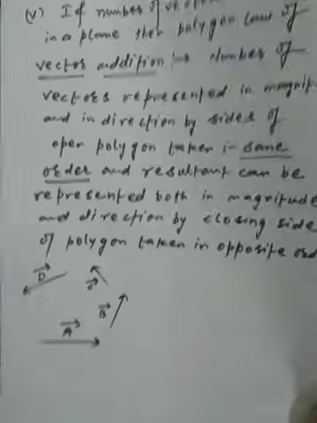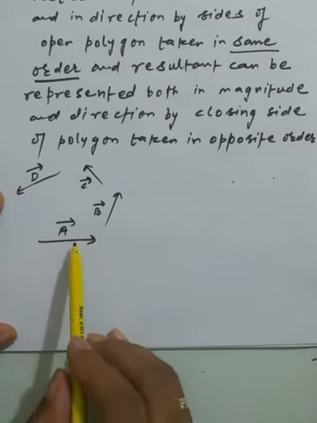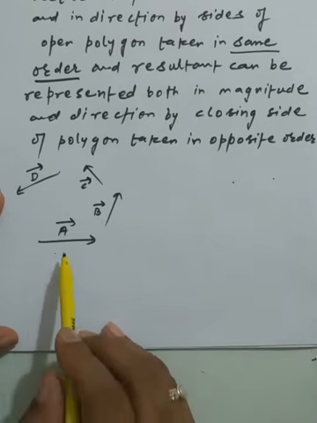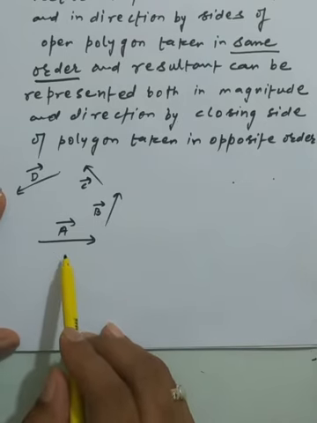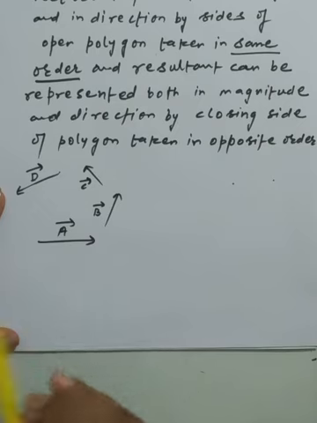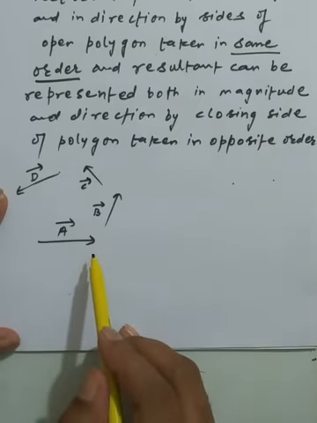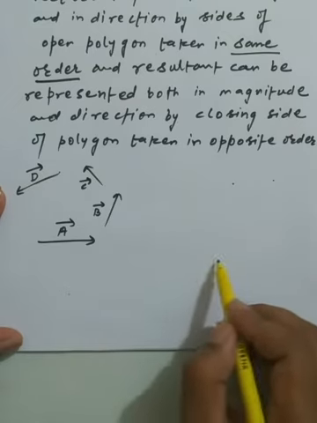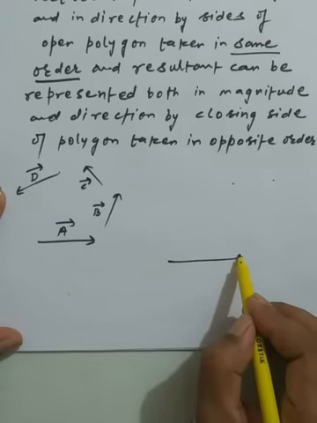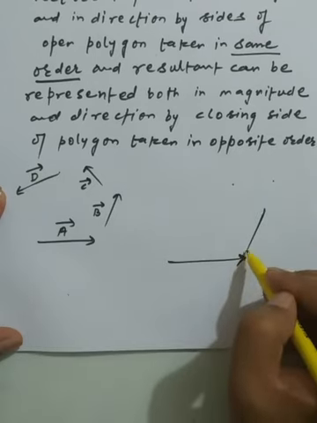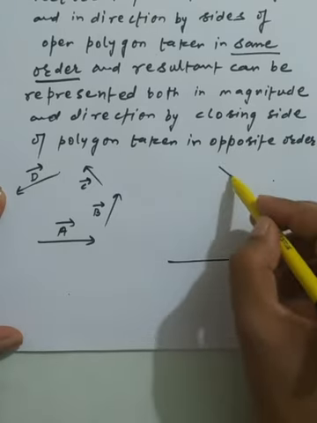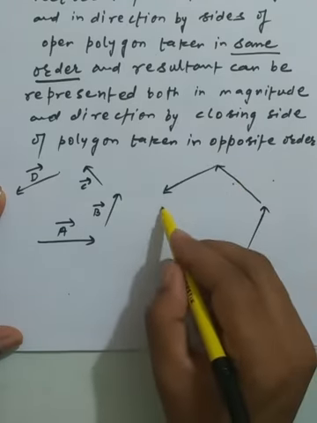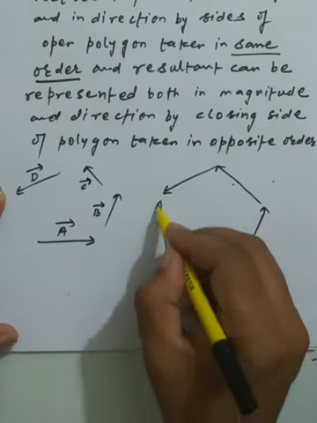So I am just taking one example in front of you. Suppose we have the four vectors, vector A, vector B, vector C, and vector D, acting in a plane. How can we arrange them all in a regular shape? If we arrange all the vectors in a regular shape, that shape will be the pentagon. So I am just representing it in front of you. This is the vector A, this is the vector B, this is the vector C, this is the vector D. Now the last side will give the meaning of the pentagon we have.